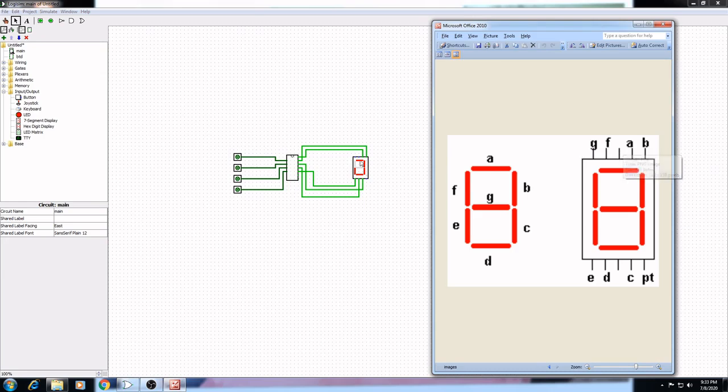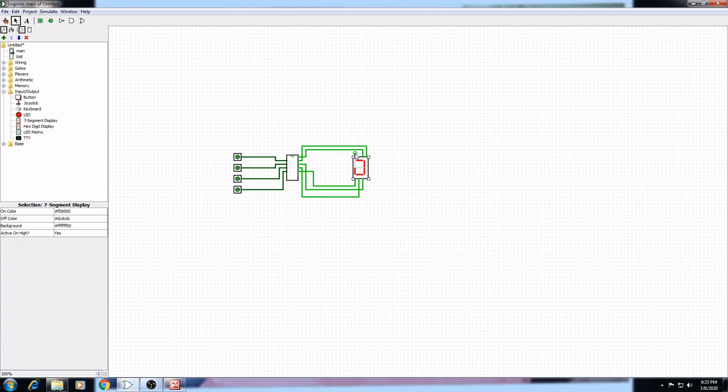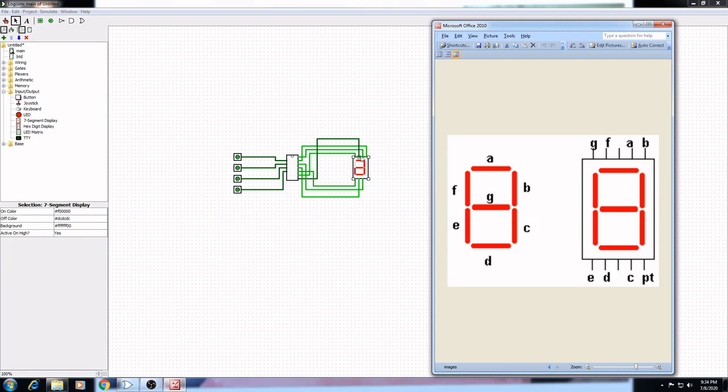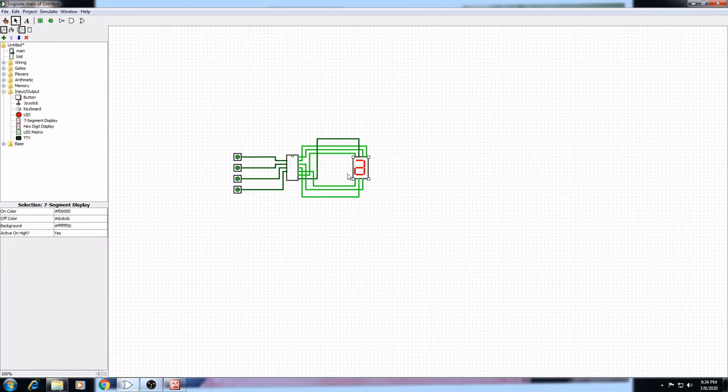Now this one is G and this one is F. So this one is G. Okay, now F. So this connection is not correct, because it shows the pin F and this one is G. E, F, G. So I connect this one to F. Let me delete this one.